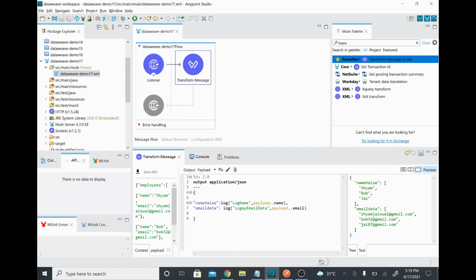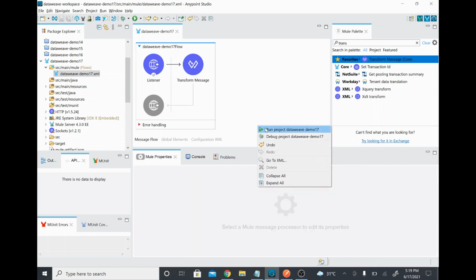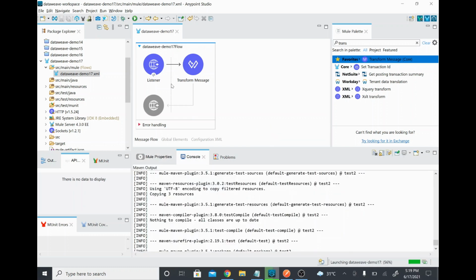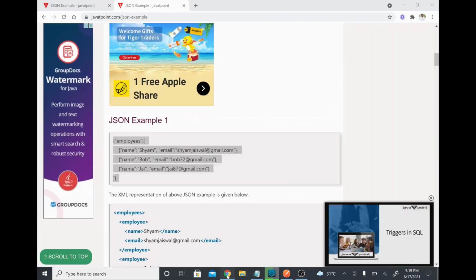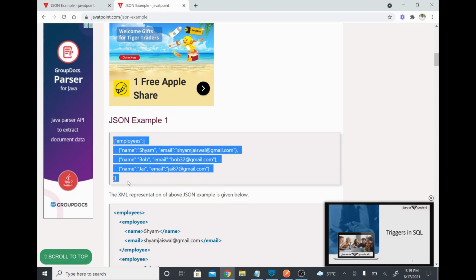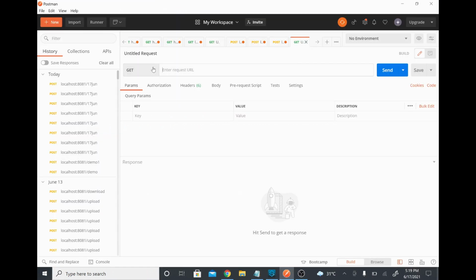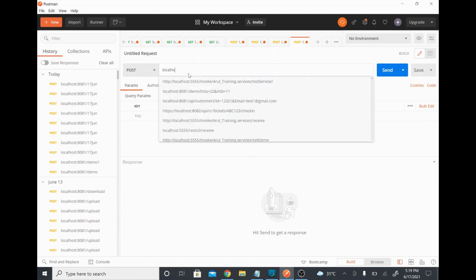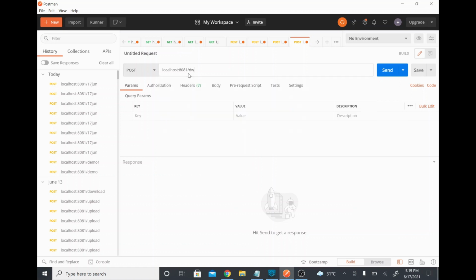So we wanted to see how this log is coming in our console. I'll start this project in run mode so that I can post some payloads. I'll copy the same payload and post that from my Postman application. My application is running on port 8081, and I have given an endpoint as DW log.